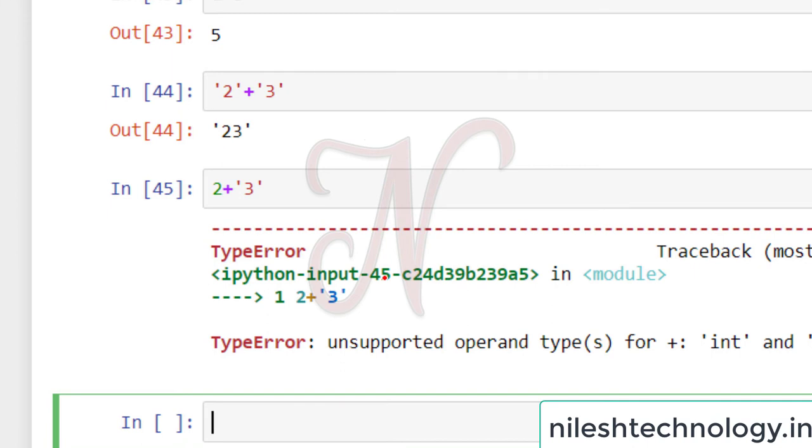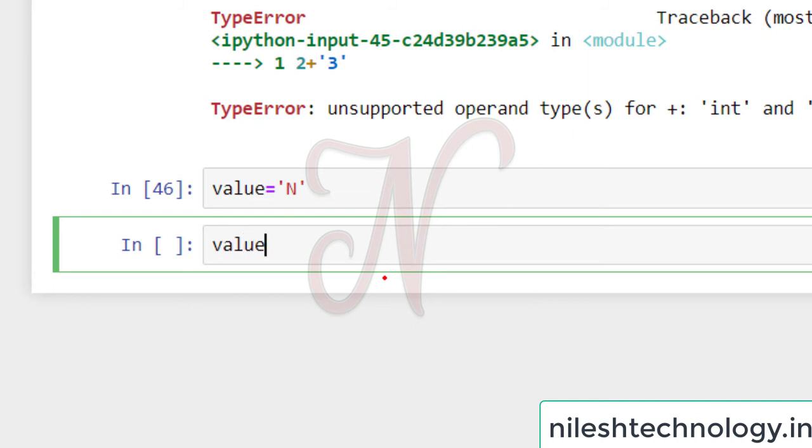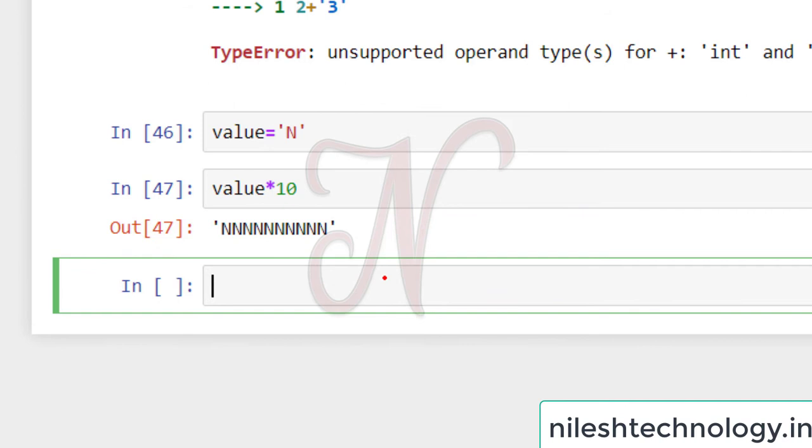See here, if my value is equal to n and I do value times 10, my output is n repeated 10 times. The asterisk symbol is used in two ways: first, multiplication of two numbers, and second, if used with a string, it repeats the string that many times.